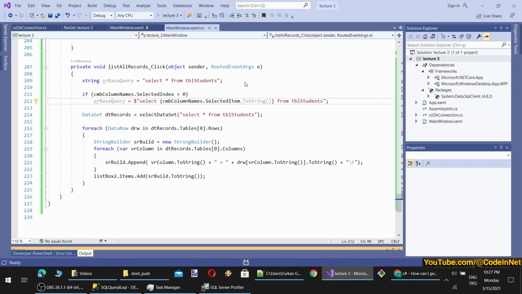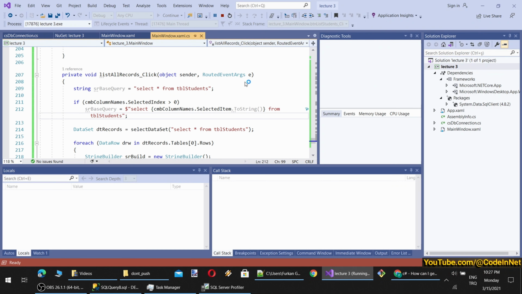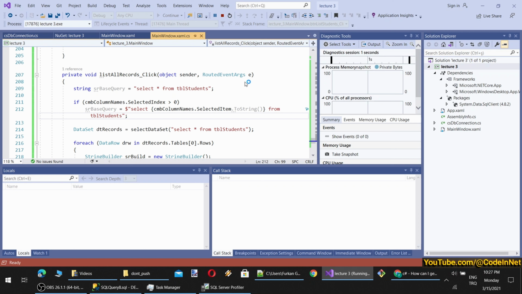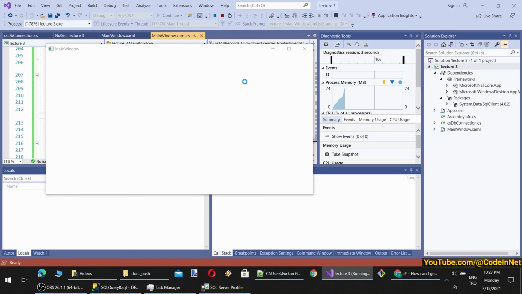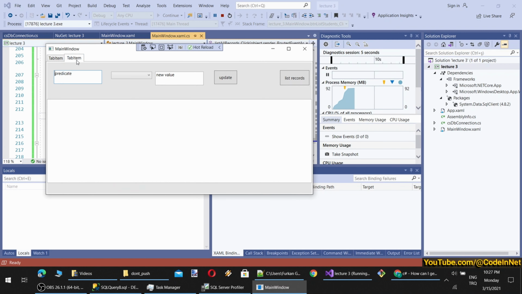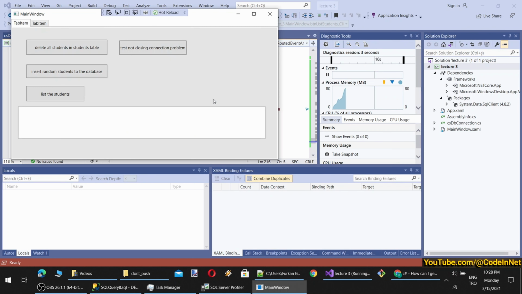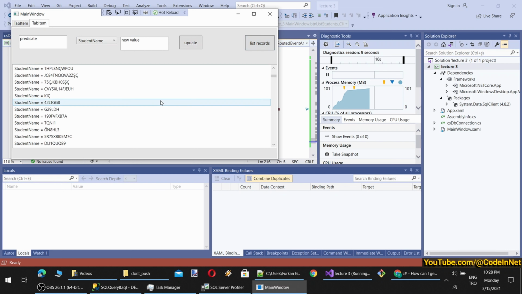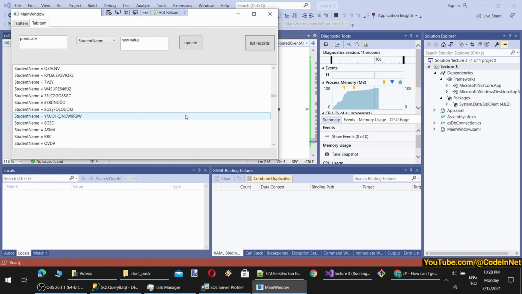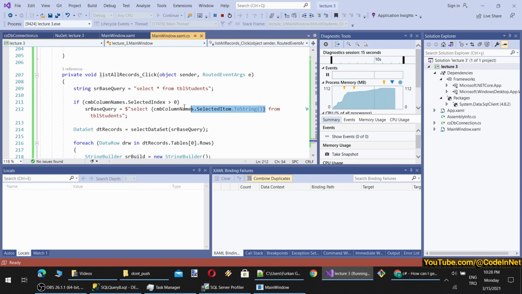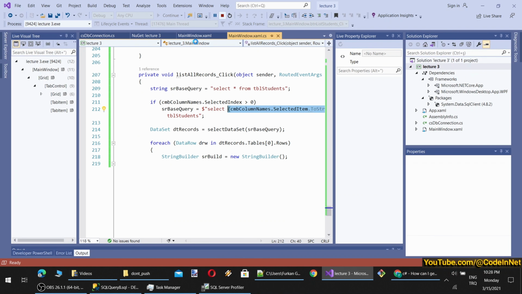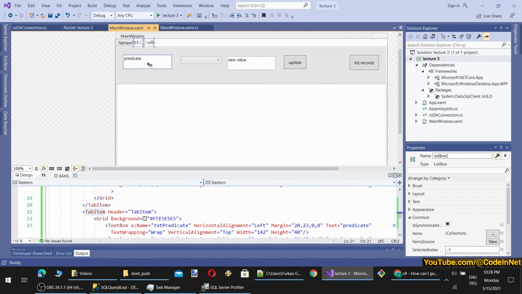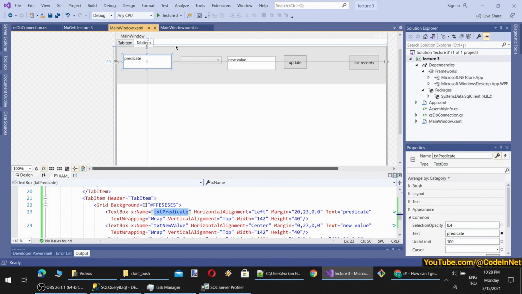So let's test it. You see, when you are writing a program, you should go step by step, not write everything at once and then try whether it is working or not. Do it step by step, constantly. I have used dynamic iterations, so I will record student name list. You see I only see the student name, so this is selecting a single column, and I can also write a where predicate. How? It is like this. So here we have a predicate inside txtPredicate.